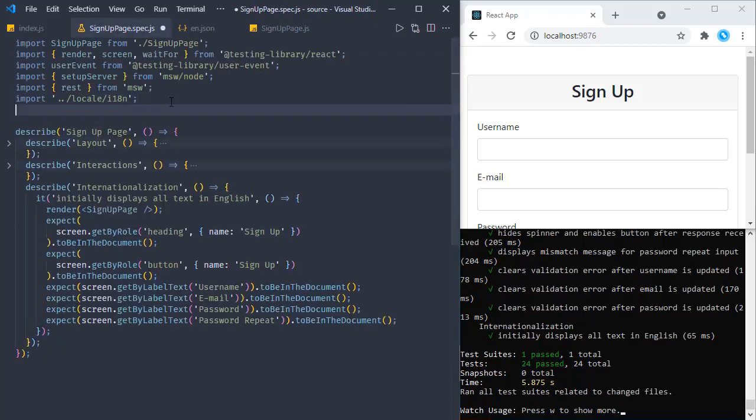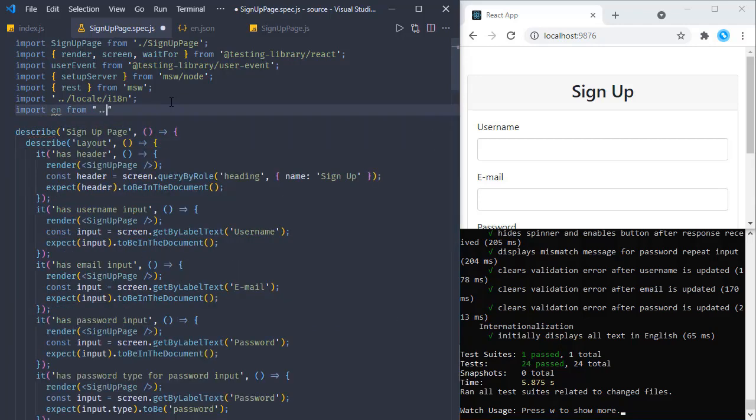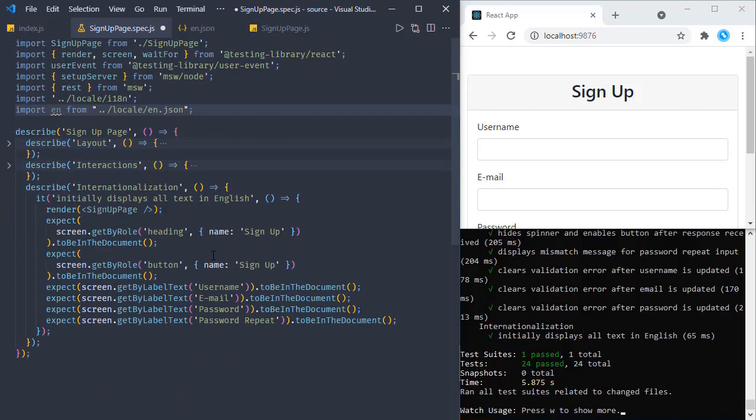So let's import en from locale en JSON, and here we will get en.signUp, and same thing for this one,